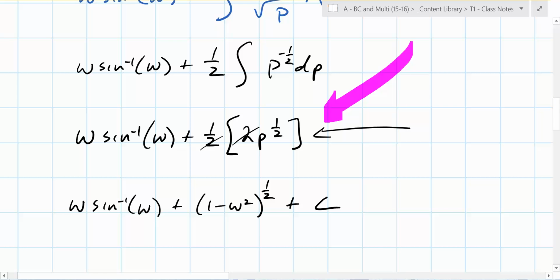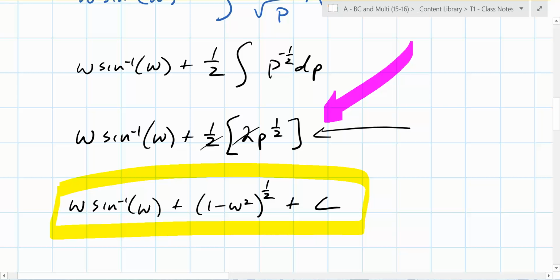C. Will you take points off on the fact that you don't write plus C? I am, because